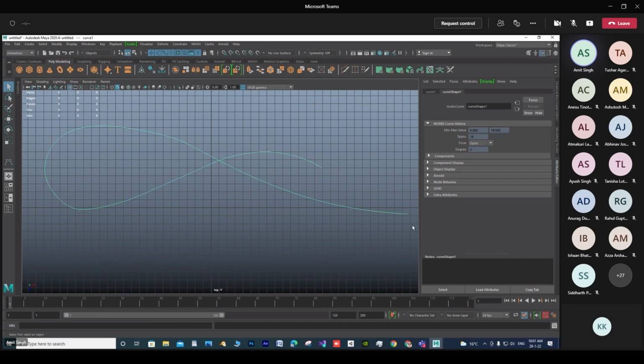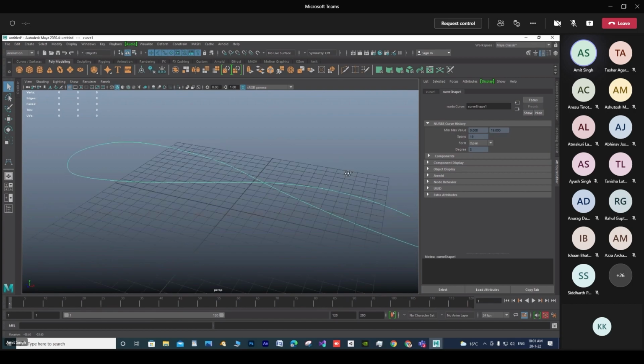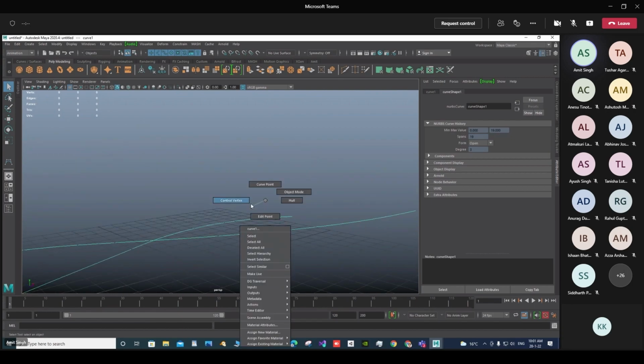And then enter. It's totally flat. If you want to give some kind of height,